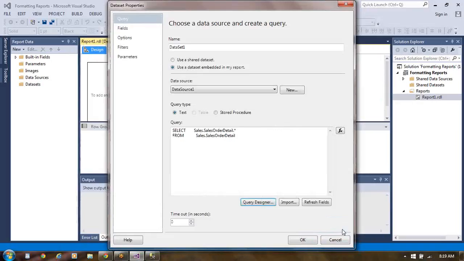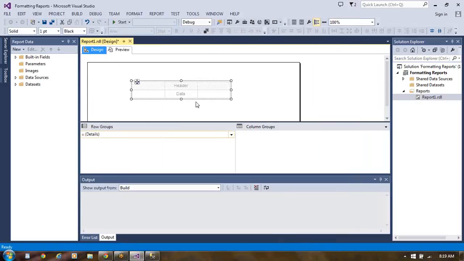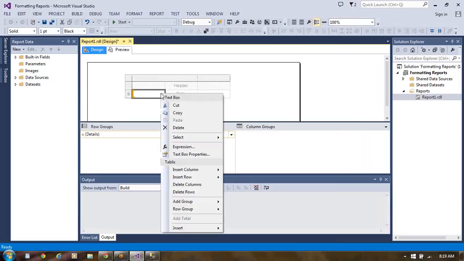I can use here sales order ID, then order quantity, unit price, then modify date. I am going to choose those things in this. I want to choose those columns, sales order ID, order quantity, unit price, modify date. I want to use here. Okay. Click on OK here. And in this, first of all, I choose here